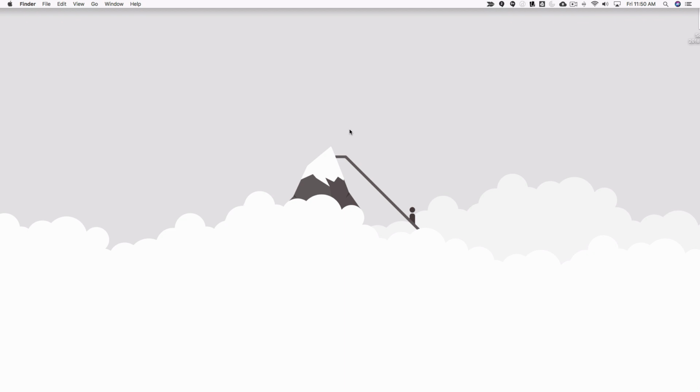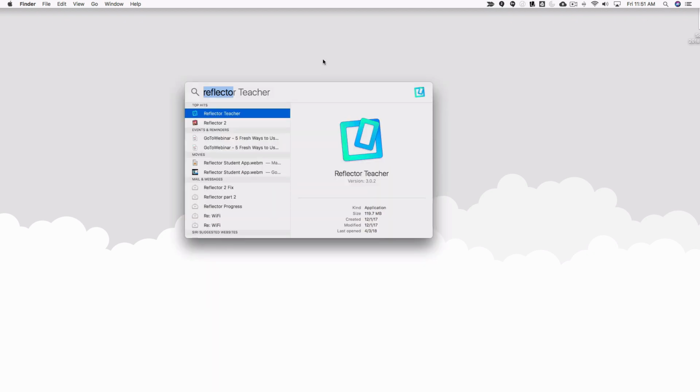You would use Reflector Teacher in a variety of ways, either to call on kids to project their work, explain their thinking, present a project. You can even allow them to mirror more than one screen at a time in the event that they're working in a group. To launch Reflector on a Mac, you can go to the Spotlight tool and just type in